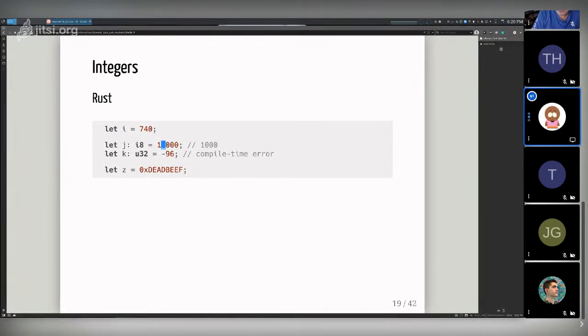The one thing that I think is quite interesting, again, if you come from C or C++: we have this let k, which we're saying is an unsigned 32. If we try to assign it a negative number, you'll get a compile time error, right? And so Rust does have some preventative nature there, which is quite nice.